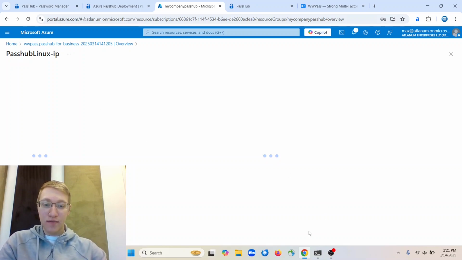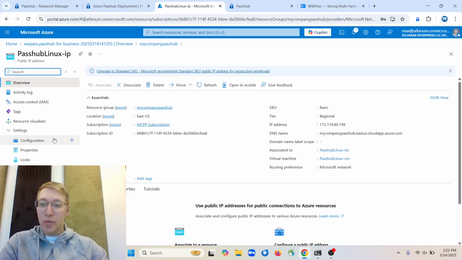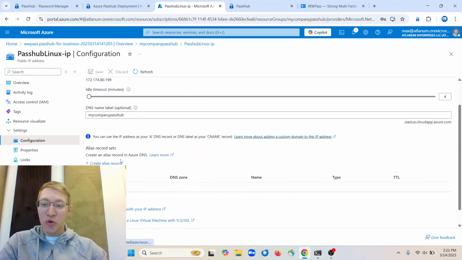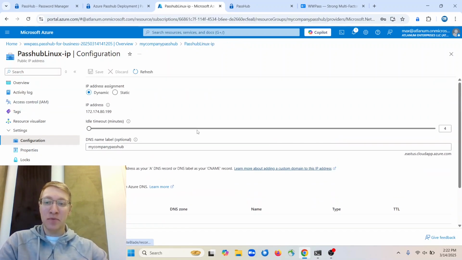The first is that you are able to use Microsoft's DNS zones. So for example, if you're using a DNS provider through Azure, you may go to configuration and add them right here. Create an alias record. As you can see, you have to choose your DNS zone. However, if you have an outside DNS provider, what you would use is change the IP address to be static. This will be a little extra costly. However, from here, you're able to add a CNAME to this DNS, and now it'll be very short to access